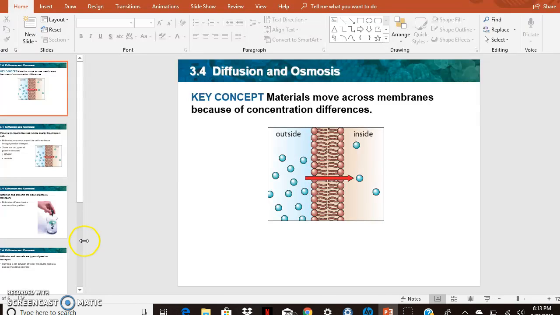They're proteins. They're these areas that are made out of protein, and they are going to allow passage of material through them. And that brings us to the end of diffusion and osmosis. I hope this, combined with your egg lab